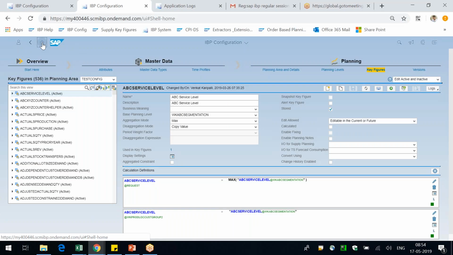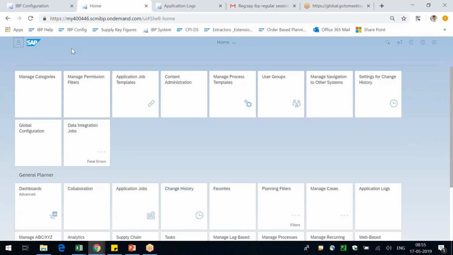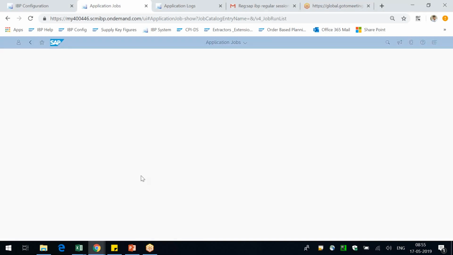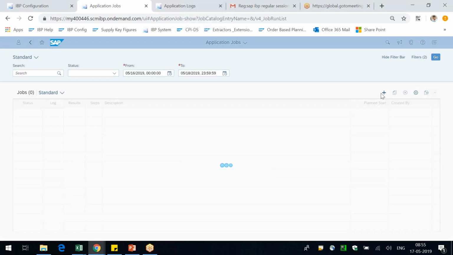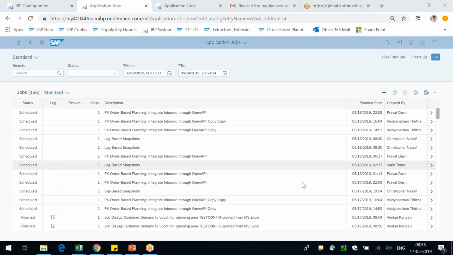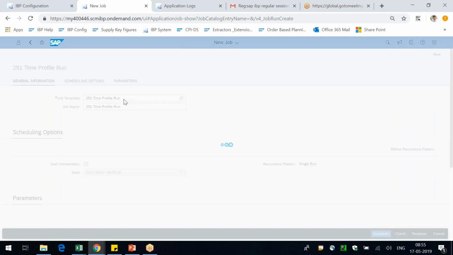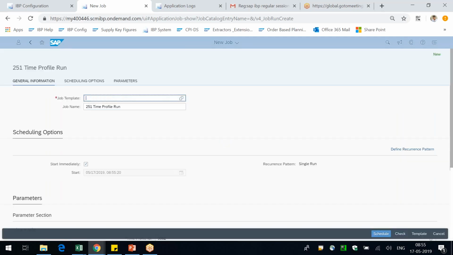Now I want to show it to you. We can run the same thing through the application jobs. Click on application job here. It will list all the jobs. Click on plus new job. First it will ask for template. You can create a template and use it later on. So I'll click on copy